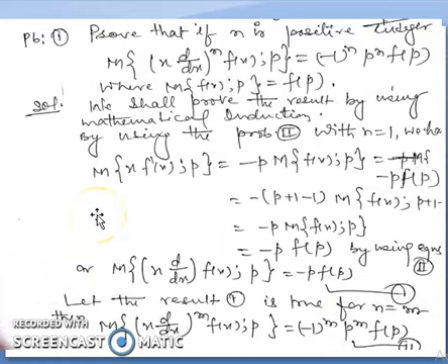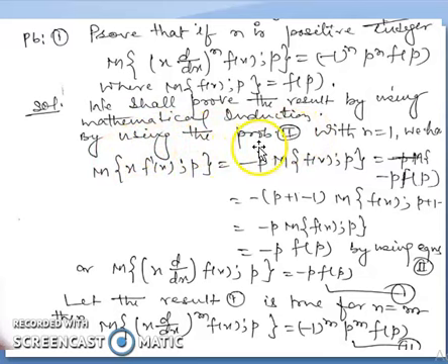Related to this, see the problem regarding the derivatives of Mellin transform. Prove that if n is a positive integer, M of (x d/dx) to the power n f(x) such that p equals minus 1 to the power n p to the power n f(p), where M of f(x) such that p equals f(p). Proof of this part. Solution is, we shall prove the result by using mathematical induction, what we have discussed in the theorem of derivatives of Mellin transform.